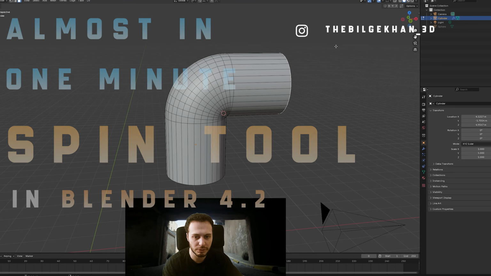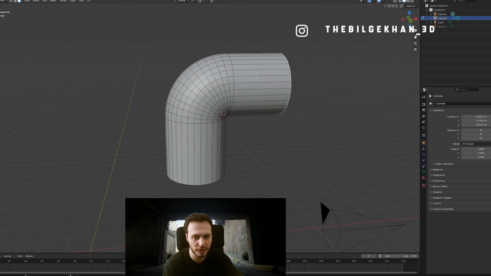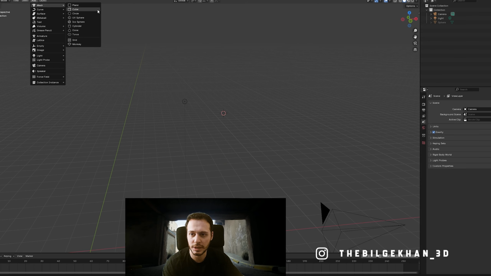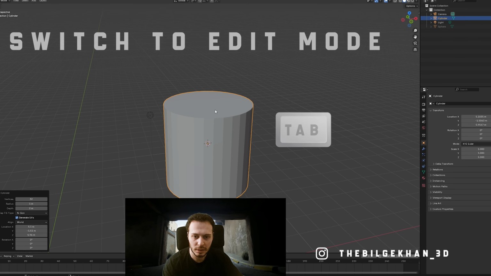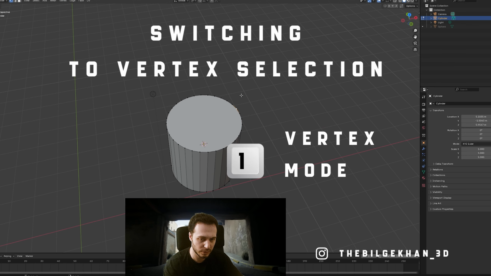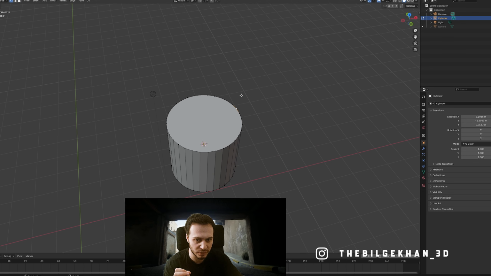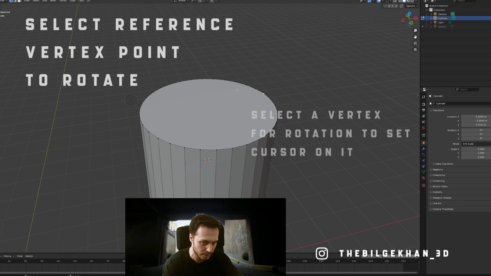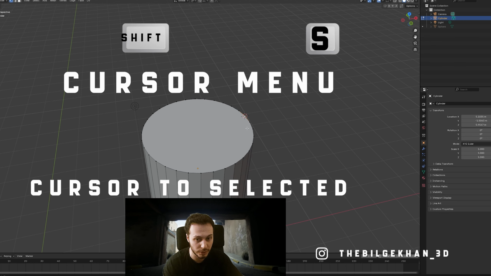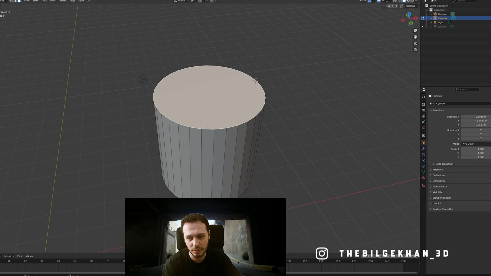Hello guys, in today's video let's say that we want to make an object like this without bridge. Okay, so add a cylinder, select the vertex you want to rotate onto, because we select that vertex as a reference point for our turning point. So I will select this one, press Shift S and cursor to select it, then select this face, and